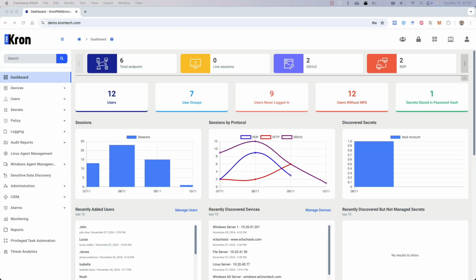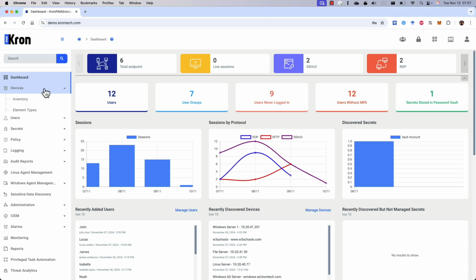In this video, we'll walk through managing a Cisco router using the TACACS protocol in Kron. While TACACS and Radius have similar configurations on the Kron side, here we'll focus specifically on TACACS. This module in Kron provides centralized authentication, authorization, and accounting for network devices, making it easier to manage and secure